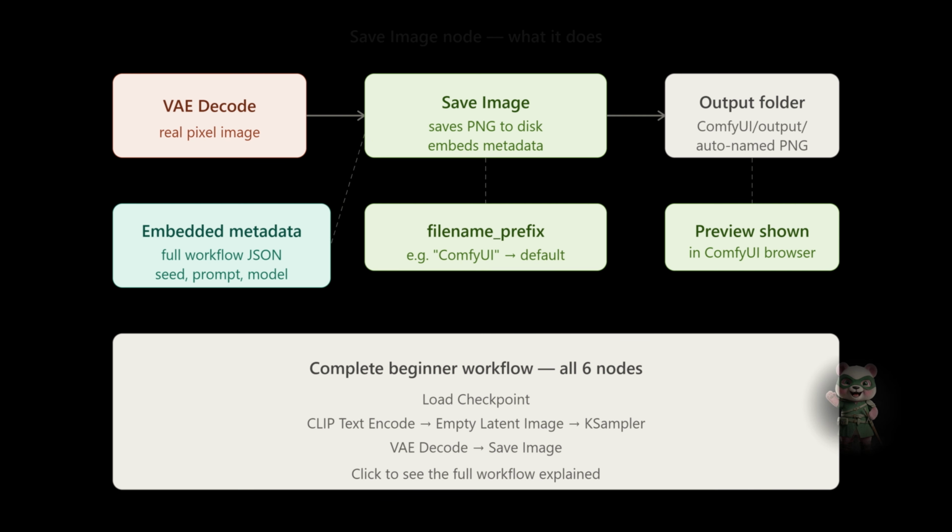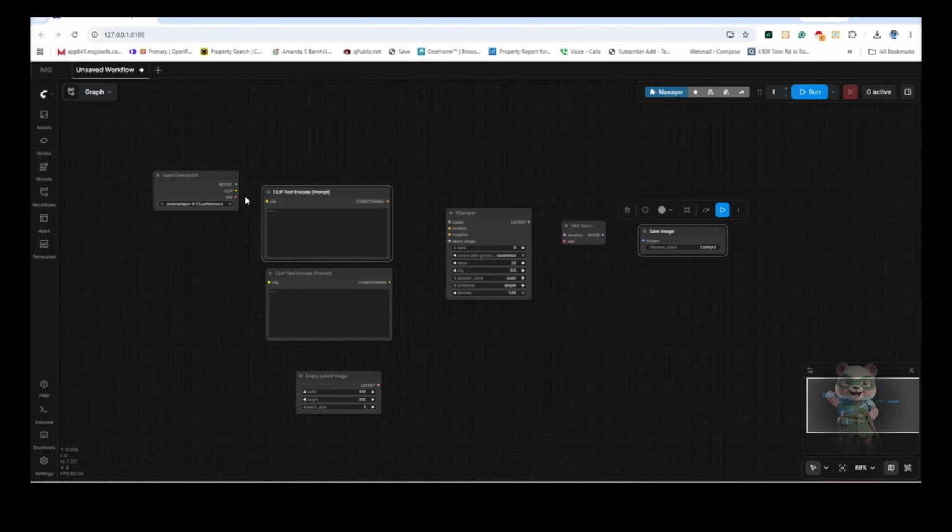It has one setting: you can change the file name prefix. By default, it says ComfyUI, but you can type anything you want, like Panda or DevRoom, so your files are easier to find later. One very cool hidden feature: every image saved by ComfyUI has the entire workflow embedded invisibly